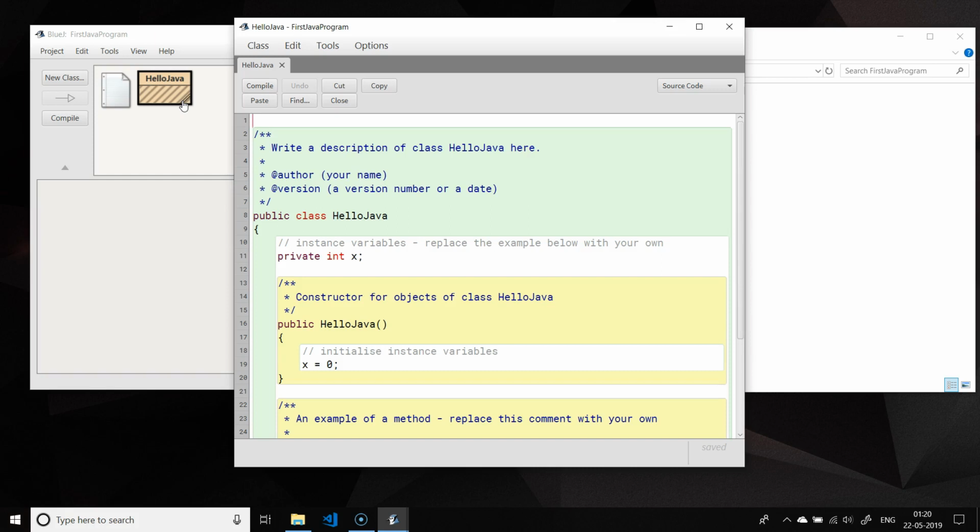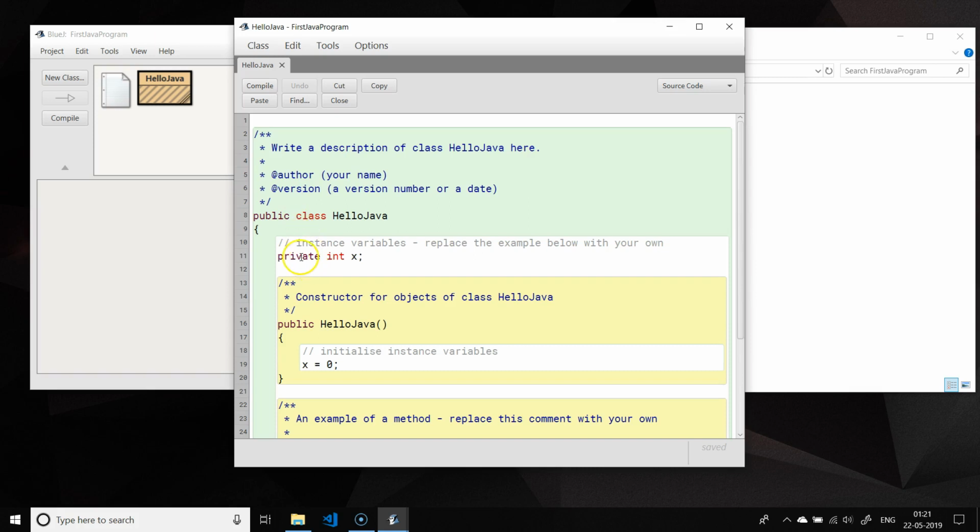The class already contains some code. This is the skeletal code of the class that's generated automatically by BlueJ to save some amount of your time and effort. This default code is syntactically correct. It will compile but won't do much. Let's examine this code. There are some comments asking us to provide the description, author and version of our class. Then our class definition begins.